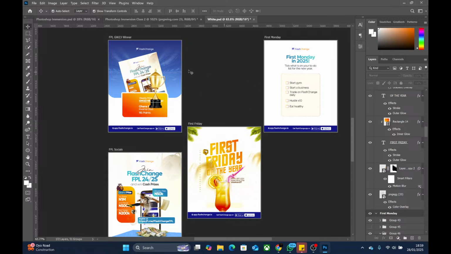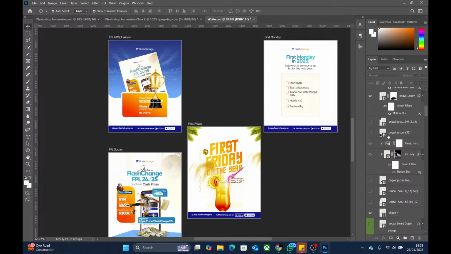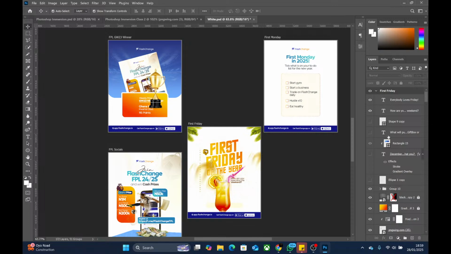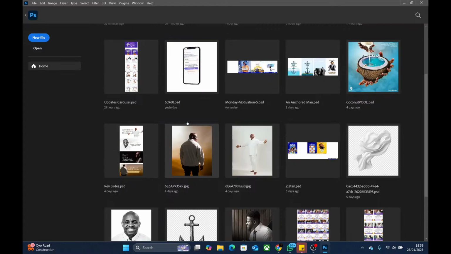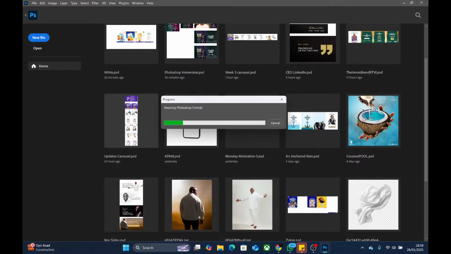To try to locate a layer by just scrolling through the layers panel, look, there are 172. That is even if you know the name of that layer. To be trying to locate it is going to stress you, and sometimes your design can grow really big. I'll open a big design for you that has so many artboards. Okay, let me open this. Your design can grow really big, so if you are trying to locate your layer on the layer panel manually, you are going to spend a lot of time.